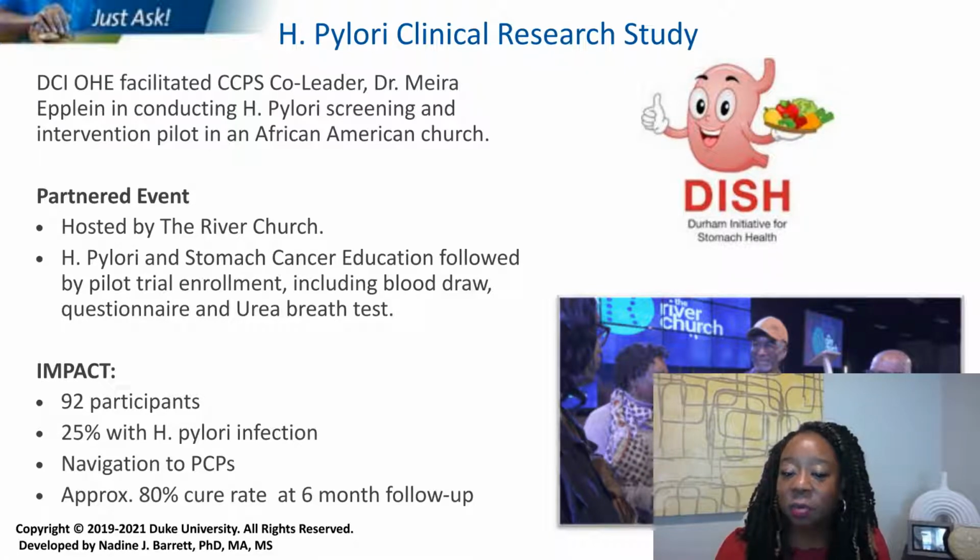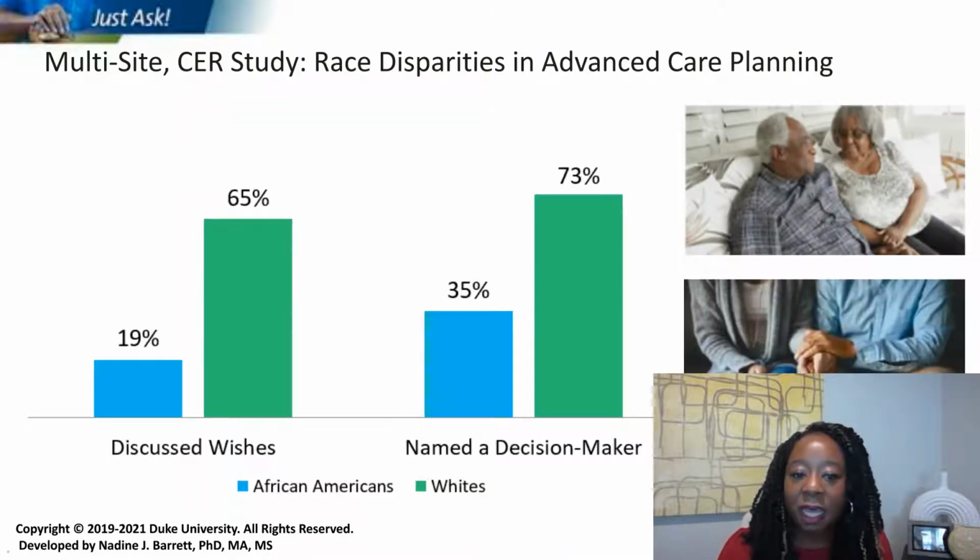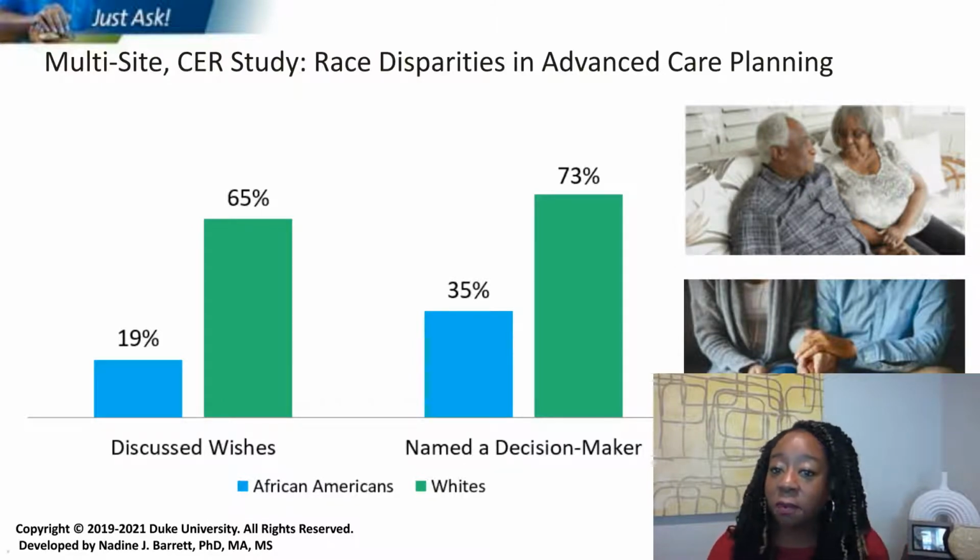Again, highlighting where we're both addressing a need, but we're also creating opportunities where we're bringing clinical research out into our communities and going beyond those doors. Another great example is what we have here, which is Equal ACP. This is a study looking at advanced care planning among race and ethnic groups, particularly between blacks and whites, actually. And what we know is that there's a sharp difference between black and white populations in terms of who's actually having